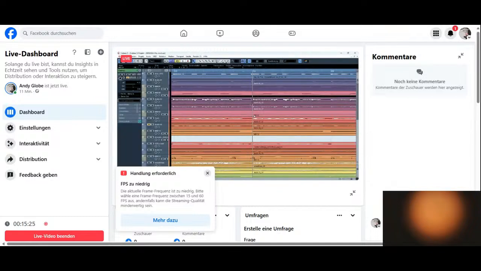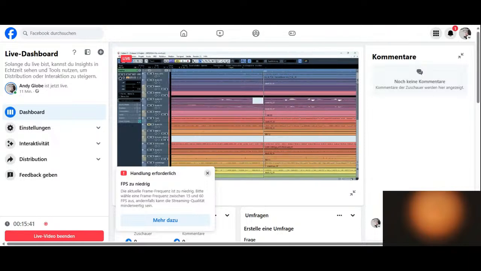What is great about having both signals recorded is that you can add plugins later on if you like. But let's see about that later on in another video or in another section of it.